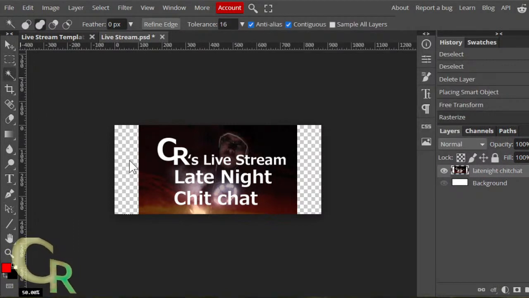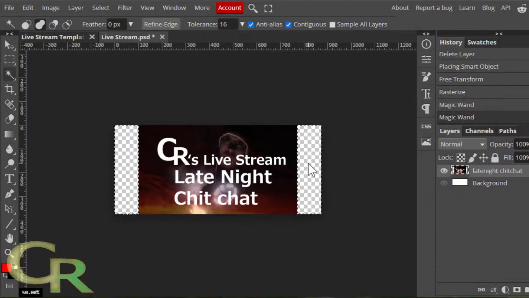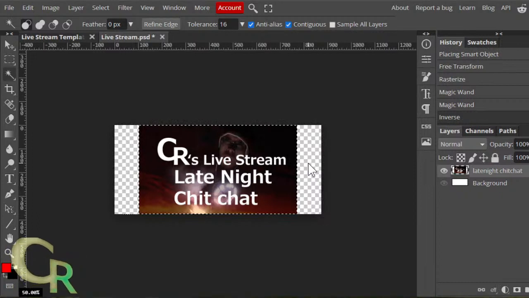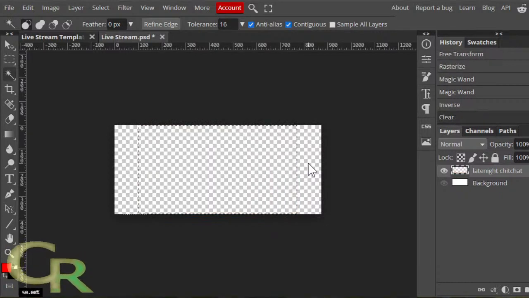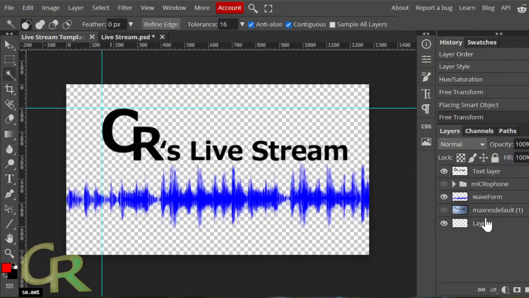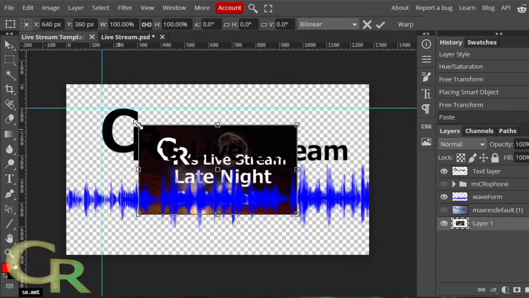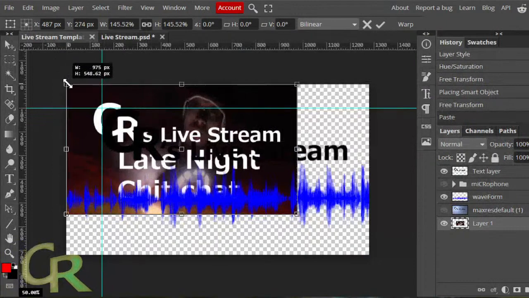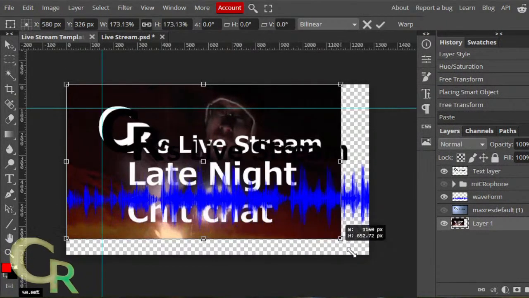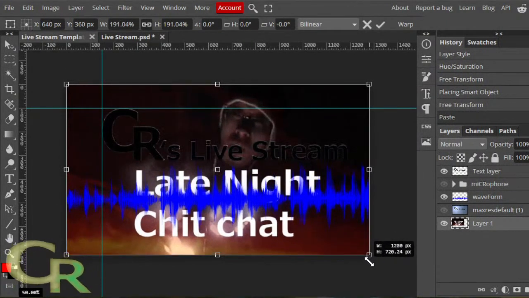I have it selected. So select these two outside spots. Inverse the selection, Control Shift I. So now I'm selecting my box. Control X to cut it. Put that at the bottom here. Yeah, see, I'm gonna have to resize it. So, Control T to resize it. Holding Shift. So you automatically start seeing it here.